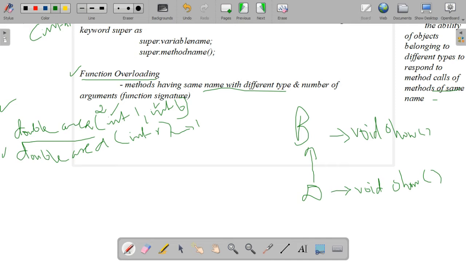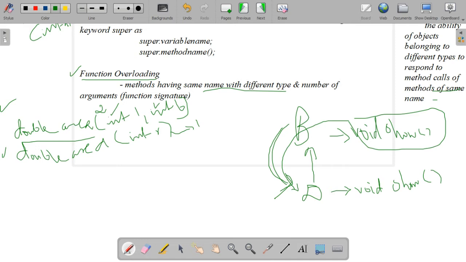From the base class we are deriving the derived class. So in this base class we have a method, consider this example, void show off. So the base class has a method void show off, and the same method, another method with the same name, is in the derived class, and that is known as function overriding. So here comes the overriding concept. Okay, the method name is the same, but it exists in the base class and the derived class.